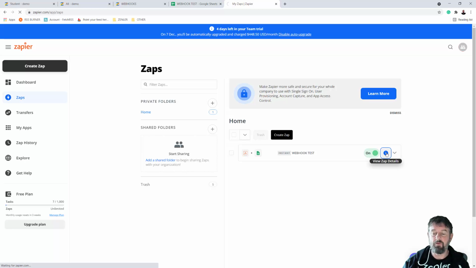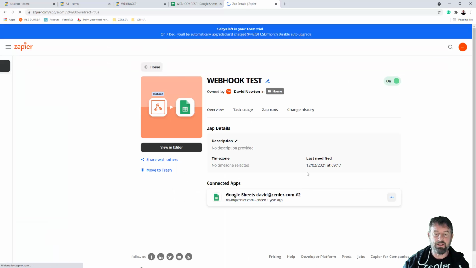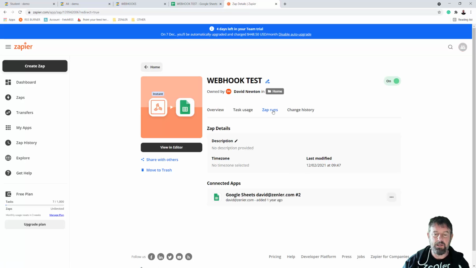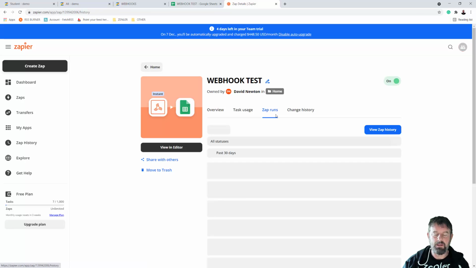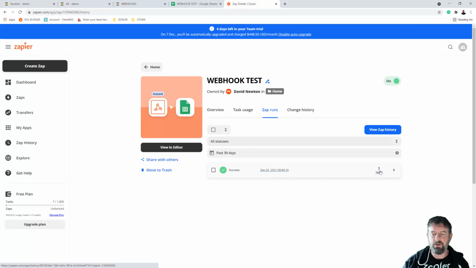So if I click view zap details, you can see inside here how many times the zap has run by going to zap runs in the past 30 days. So one was fired out, so it's done one task at 9:49. So sometimes there's a little bit of a delay, but when it runs again, it will then enter that detail